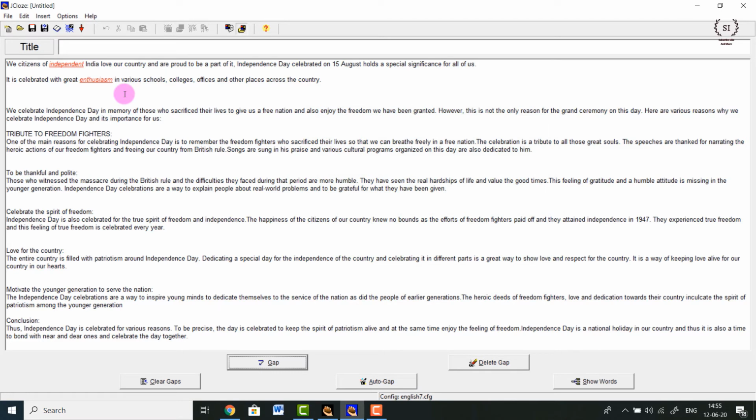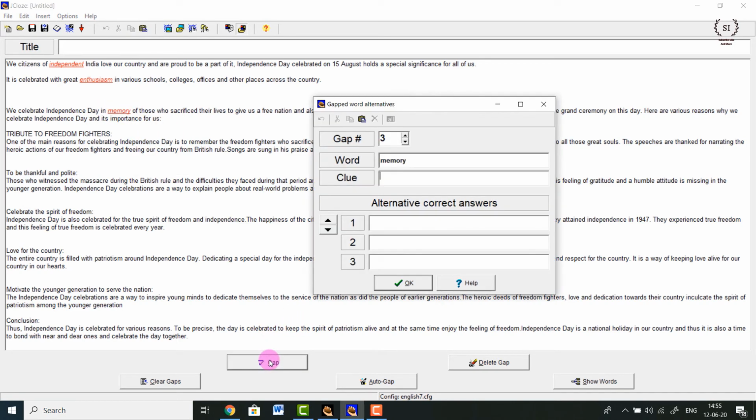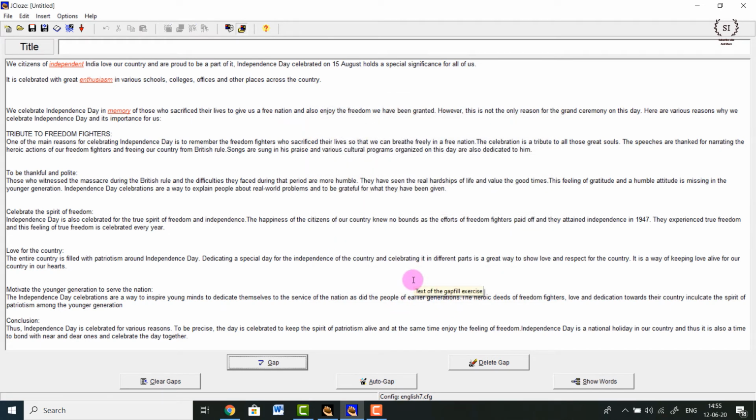I'm just highlighting the words and you can then replace them with some suitable words. We celebrate Independence Day in memory of those who sacrificed. In memory, you can select this word as a blank. I'm not filling up the clues, I'm just showing you how we can create such fill in the blanks tests.